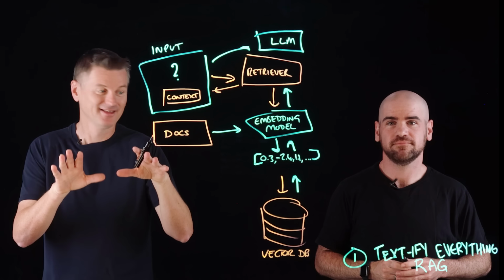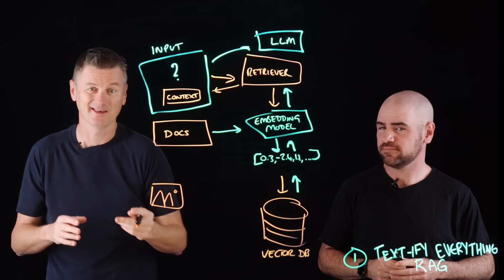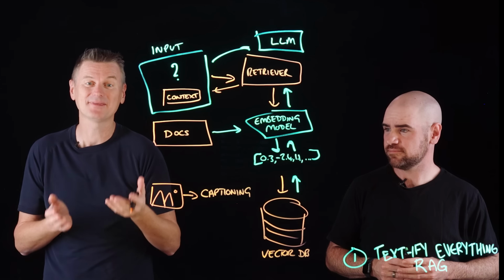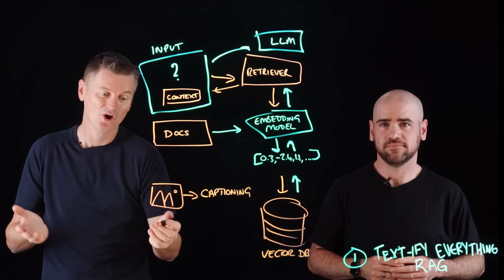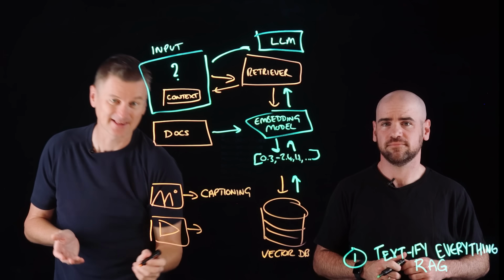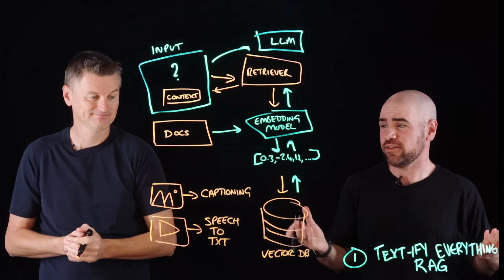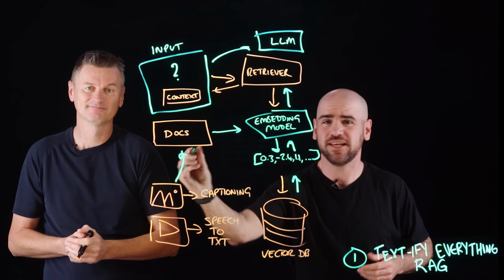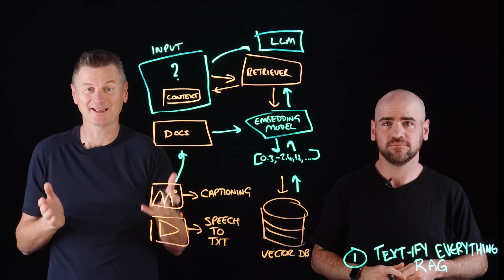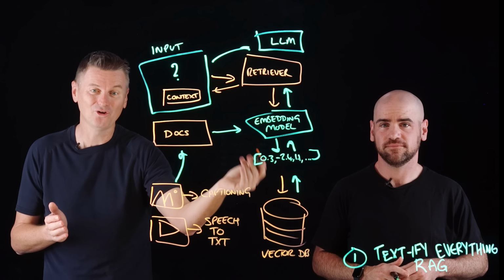Yeah, that's nice. Okay, so in this use case, we've got some images. Well, these could be images, they could be screenshots, and they go through a captioning model to become textual captions describing the image. Or if we've got some video or we've got some audio, that can go through a speech to text service to become transcripts. Exactly. And once they're converted, they're really just more documents, more text. They're going to go through the exact same flow. Yeah, so this first approach to multimodal RAG is basically convert every modality to text, then just use normal RAG,